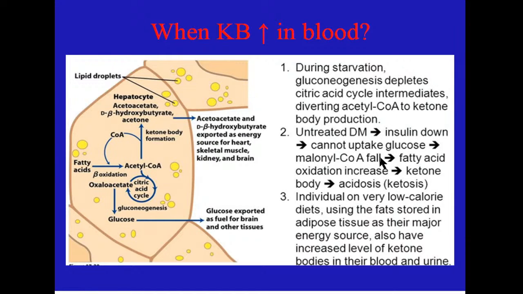But if the regulatory action of insulin is taken away, as in untreated diabetes mellitus, of course this ketosis will be uncontrolled. All the acetyl-CoA will go to ketosis, because all other pathways for acetyl-CoA, like fatty acid synthesis or cholesterol synthesis, which we will talk about today, and oxidation of acetyl-CoA in the citric acid cycle, are impossible in case of low insulin. Only ketosis, only ketogenesis.